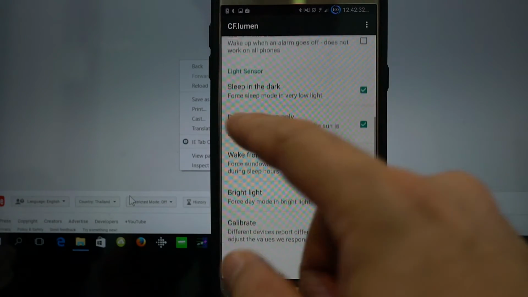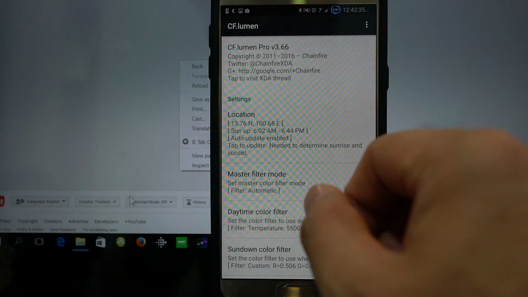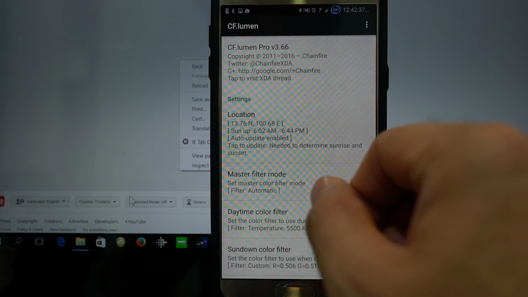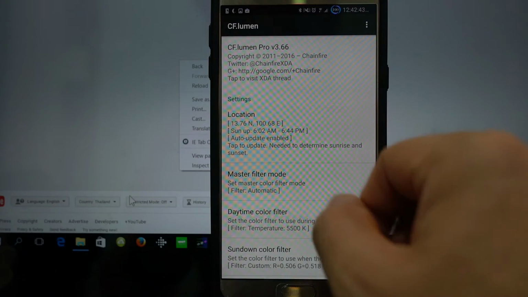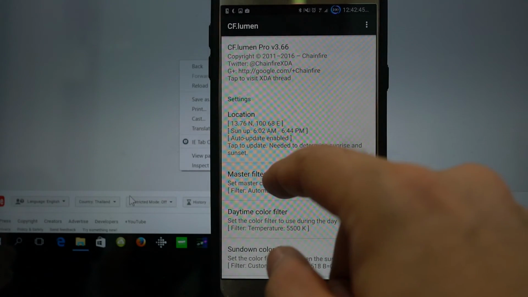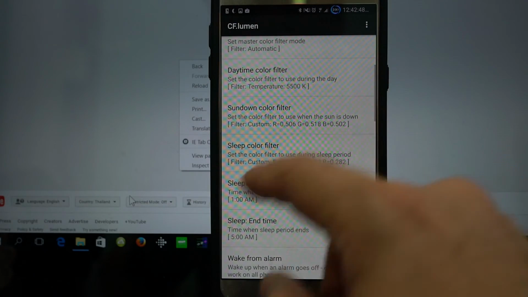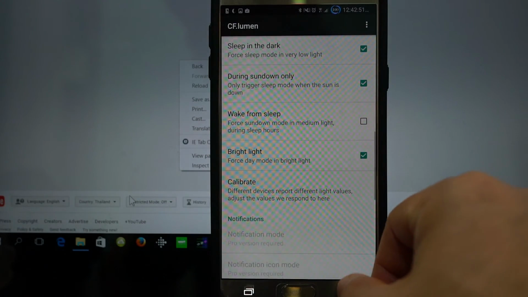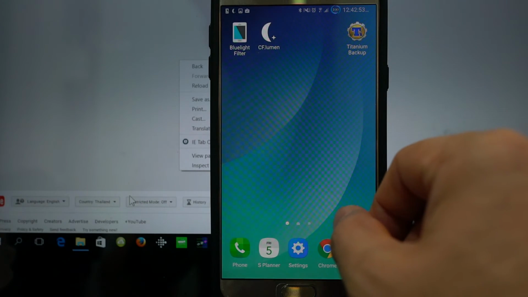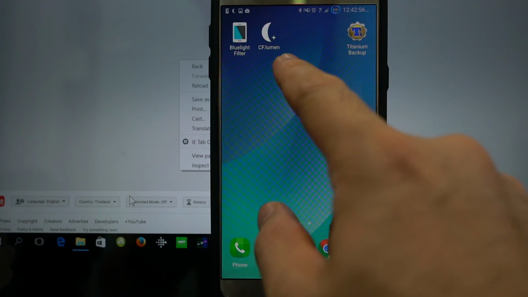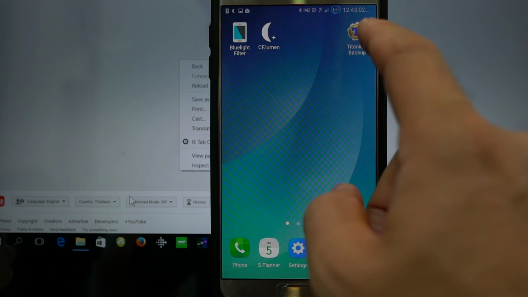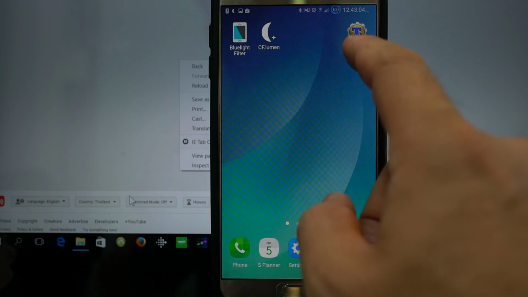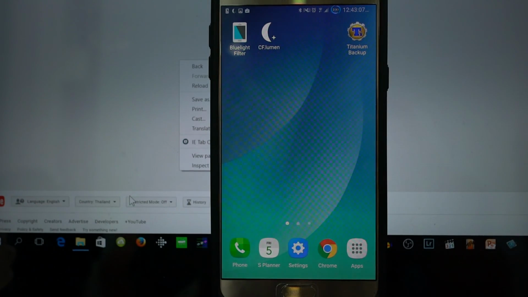In the past 1 or 2 weeks, I think I have reduced the symptoms of eye strain. This one is available for Android. For iOS, I heard there's an application, but you need to root your phone to be able to do this. So okay, that's all. The apps called Blue Light Filter and CF Lumen are for cutting off the blue light or changing the colors so you can have better sleep. It worked for me. Those who want to try it can try.